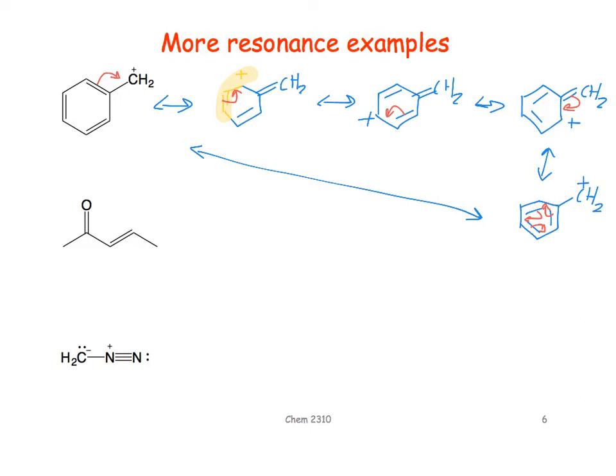So the next one doesn't even have any charges. And so it doesn't fit exactly into the 3 scenarios that we had, but we could say instead of non-bonding electrons, it has pi electrons next to another pi bond, right? So we can do this in 2 ways. I'm going to move them here and up onto the oxygen. Okay, so we're going to move them in one direction. I'll draw these in red. So if we follow those arrows,